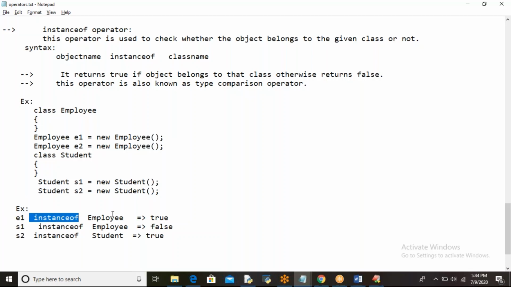Is e1 an object of the Employee class? Yes, that's why it returns true. Is s1 an instance of the Employee class? No, s1 is an instance of the Student class, not the Employee class. That's why it returns false. Is s2 an instance of the Student class? Yes, that's why it returns true. Got it clear?